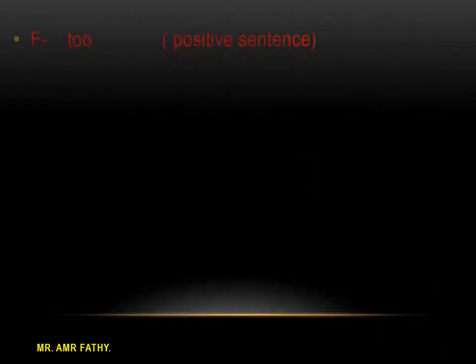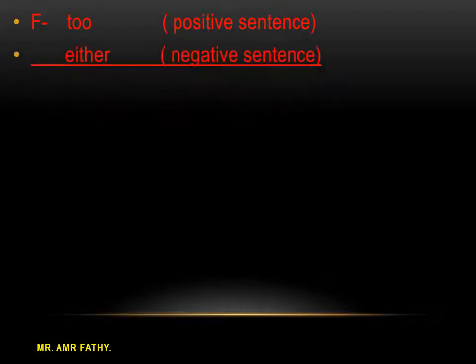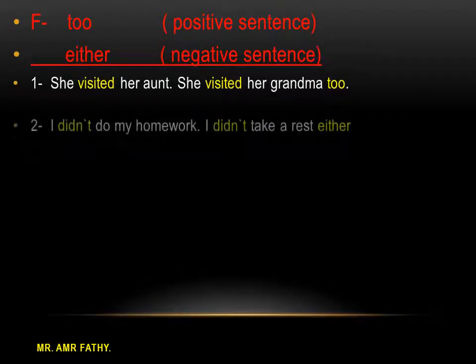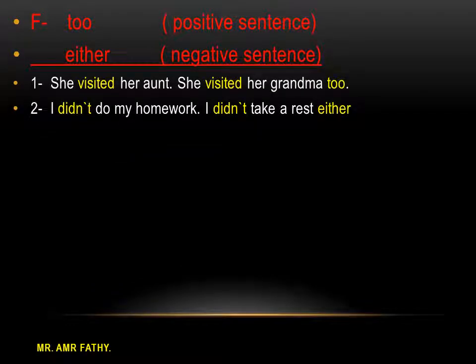Also you can use too and either. We use too and either at the end of sentences. Too is used to express positive sentences and either for negative sentences. For example, she visited all, she visited